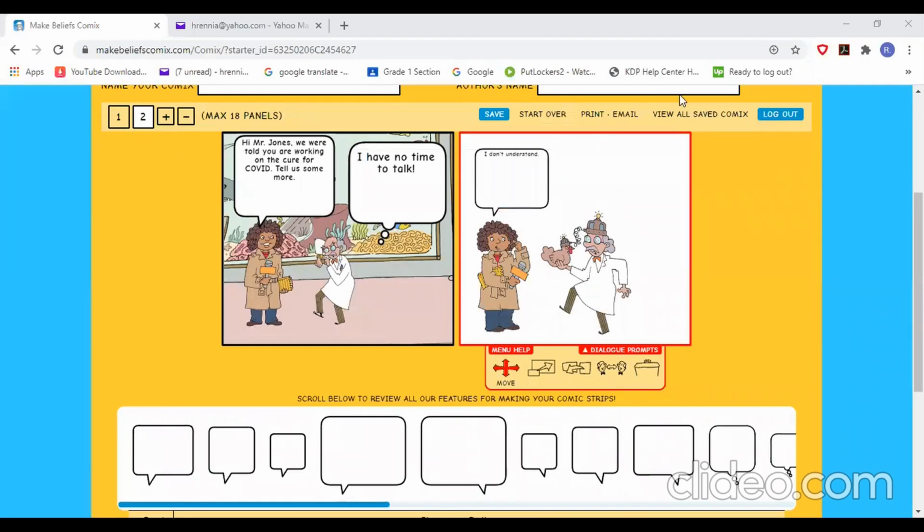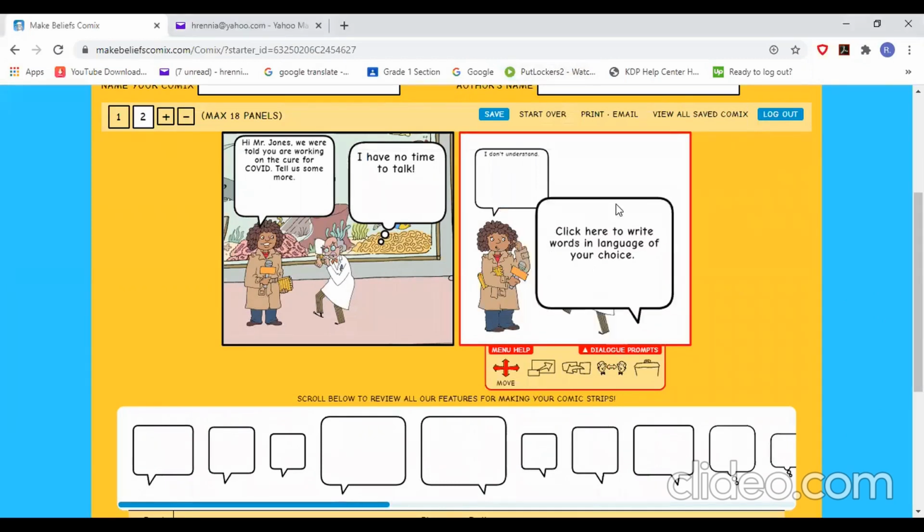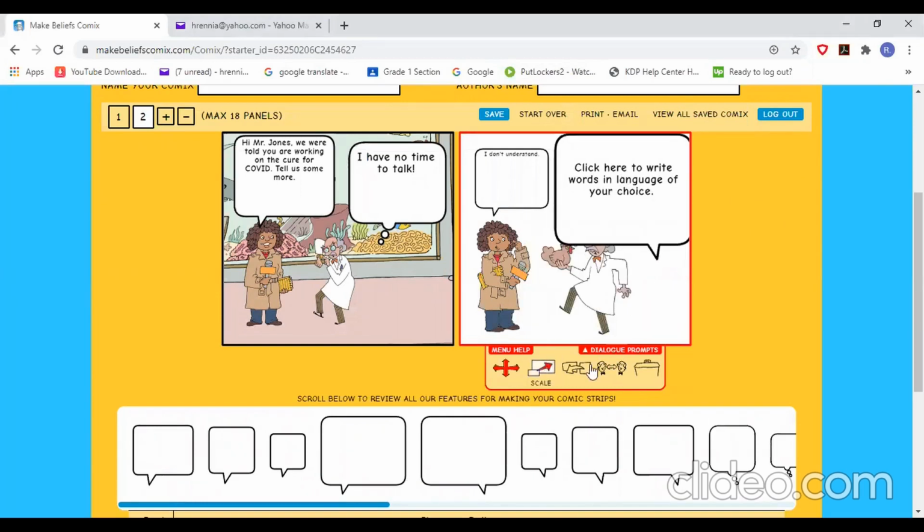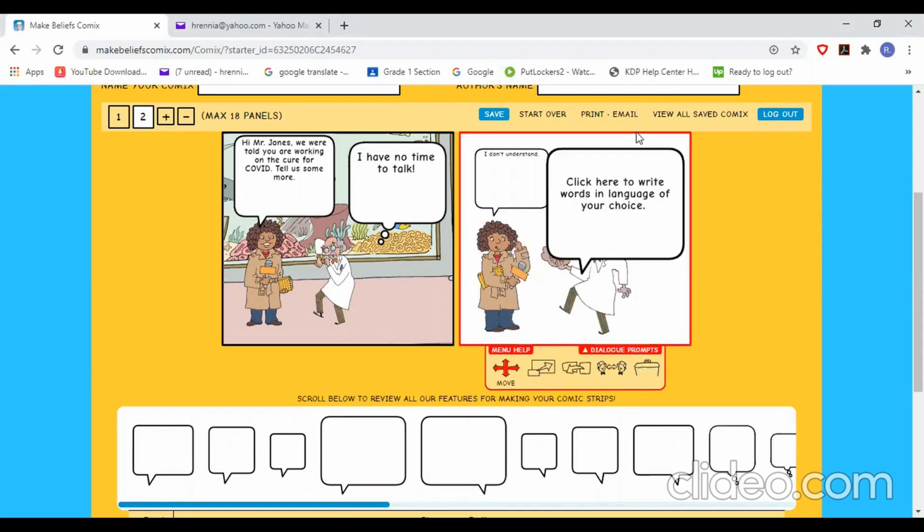Okay, so let's add his words. All right, let's use this one, then move it. No, all right, let me delete that one. Delete. All right, and add this one. So his words are going to be